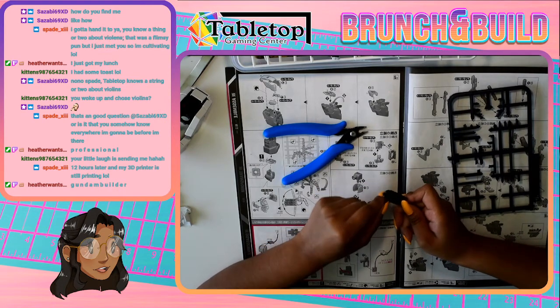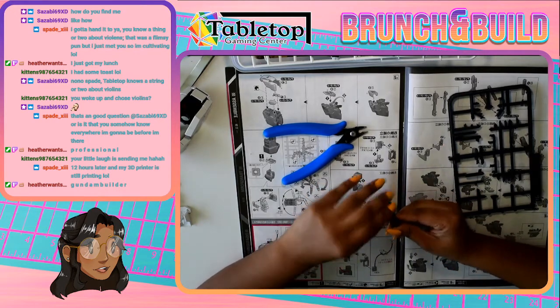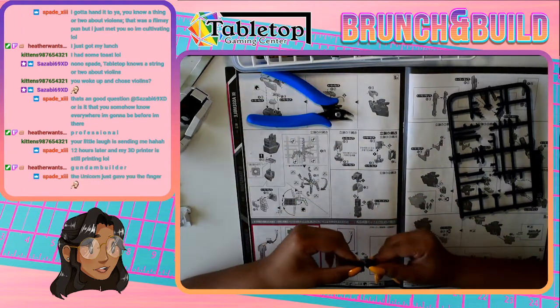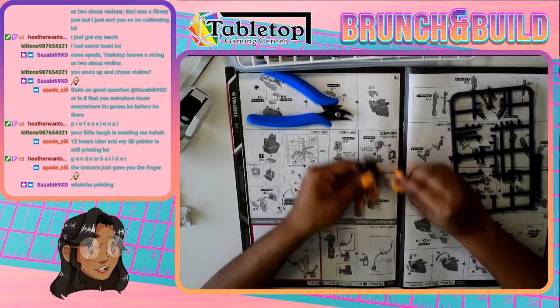Oh my god, yeah. 3D printing takes absolutely forever. Okay, wait. How am I supposed to... Oh no, that's not how I'm supposed to bend this. I'm supposed to rotate it like this. And I'm supposed to rotate the thumb so that... Oh yeah, the way this...